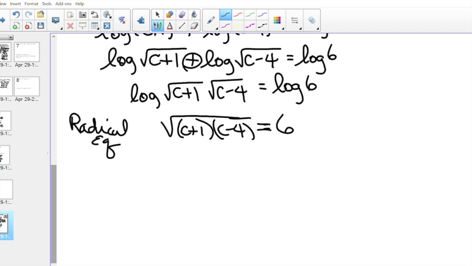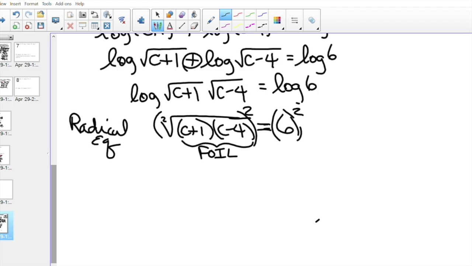Now, so the expression is, I hope you remember, eliminate the radical. Eliminate the radical by putting parentheses around it and squaring it, to the power of the index when the index is 2. What you do to one side of the equation, you must not multiply by 6, but take it to the power of 2. So the square root of anything squared is itself. But let's go ahead and FOIL this